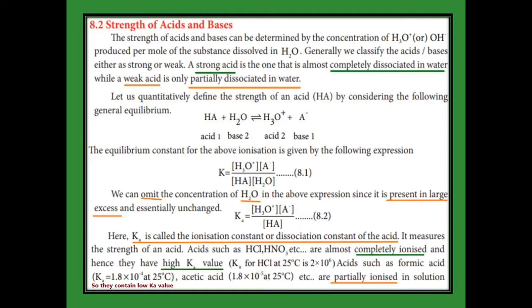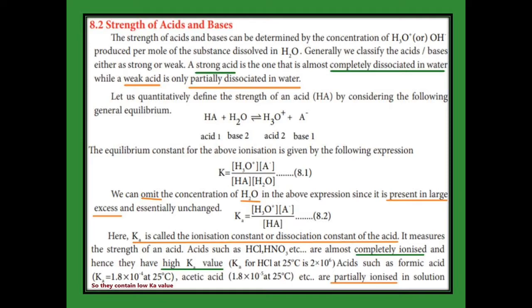Now HA, consider this one as an acid. Then the HA reacts with water, or dissociates in water, as H plus and A minus. The H plus is attracted by the water, so that we get the hydronium ion H3O plus and A minus on the product side. This is the equilibrium reaction. Equilibrium reaction means there is a constant.